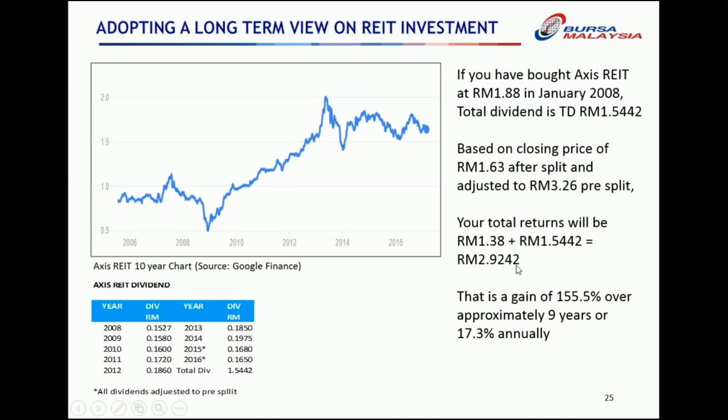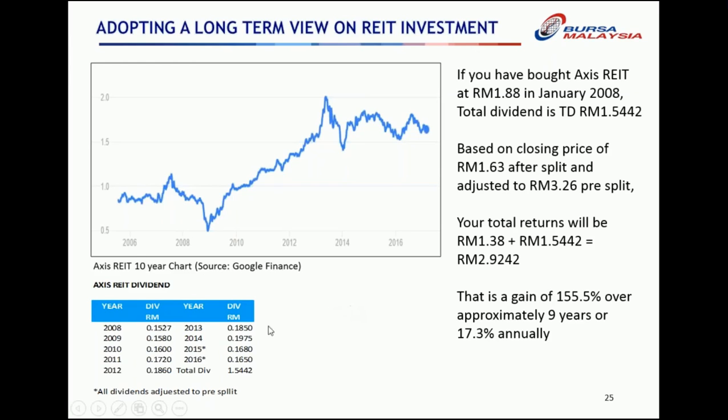Now that RM2.92, when you divide it by your initial capital outlay, gives you 155.5% over 9 years. So based on what I told you just now, if you have a 30-year period, it's close to about 600%. But of course, that was based on 7%. But